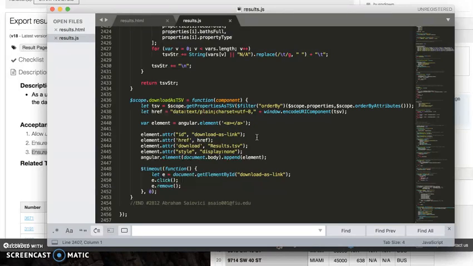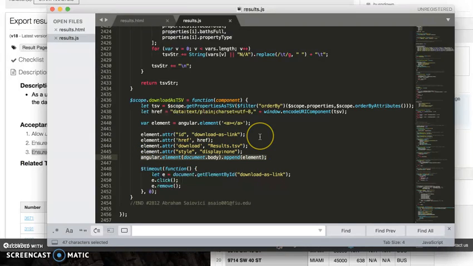The way that this downloading is achieved is that we create an A element, which is a link element, dynamically, that has the HTML5 attribute of download, which allows us to basically download the contents of whatever this link is linking to onto our computer by the name of this string, with the file name that we give it. And so we create this tag, this link, to be invisible to the user, and we append it to the